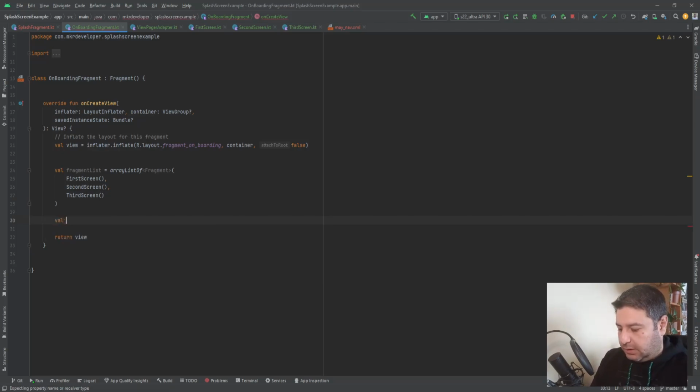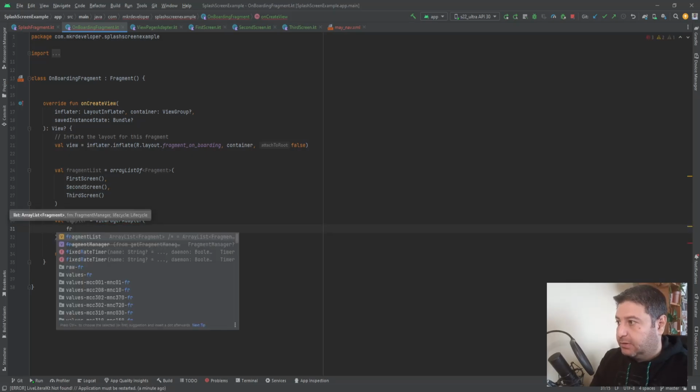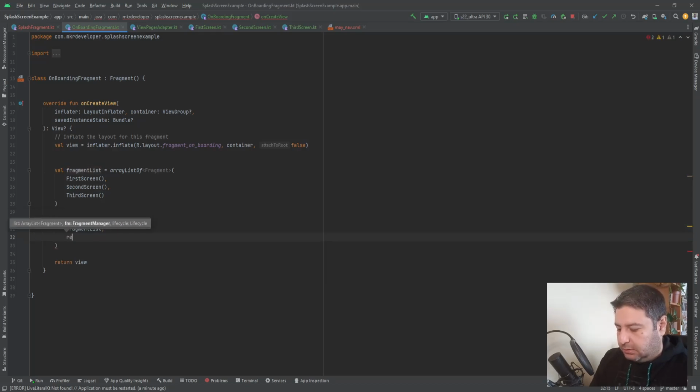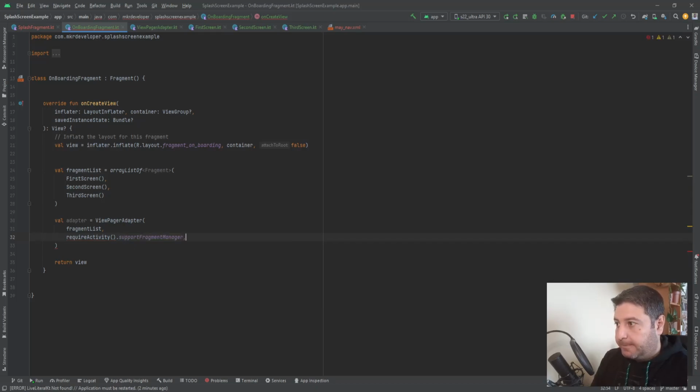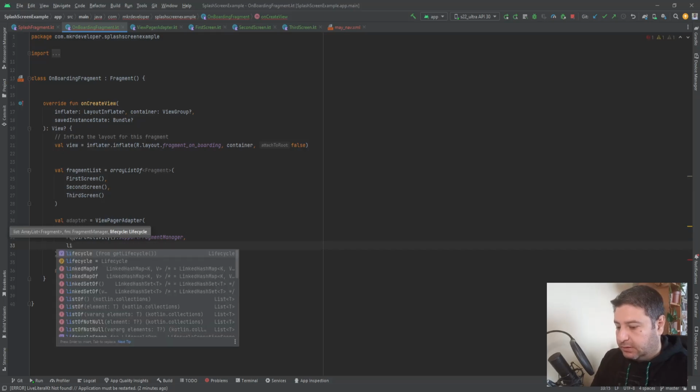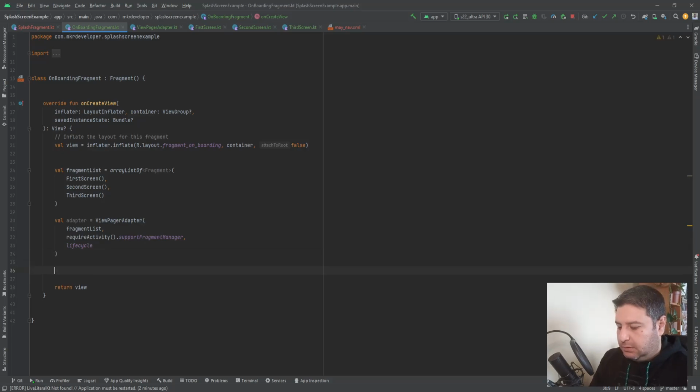we have to write the adapter equals to Viewpager adapter, and here we have to pass the fragment list and then the, forgot this, require activity dot support fragment manager as the activity and lifecycle. Okay, then var